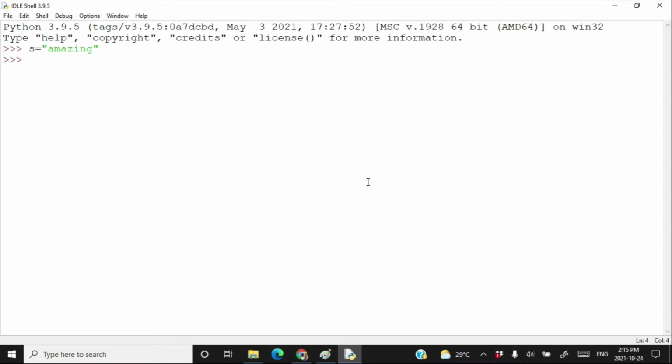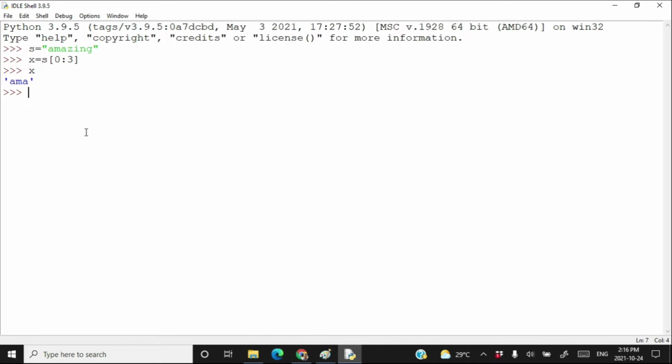If I write x is equal to s[0:3], it means start extracting a substring from index 0 and go up to 3 minus 1, that means go up to 2. So start from a and go up to this a, take out this substring from the string s and store it in the variable x. Press enter, type x, and we have AMA.